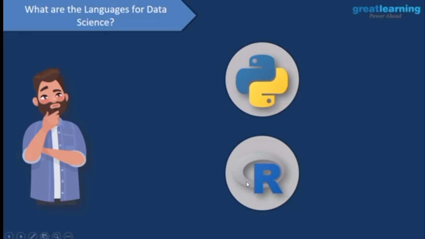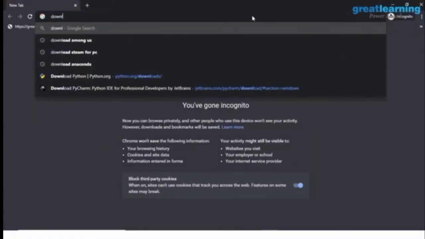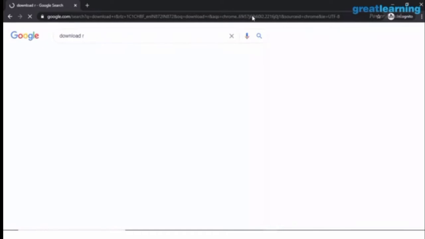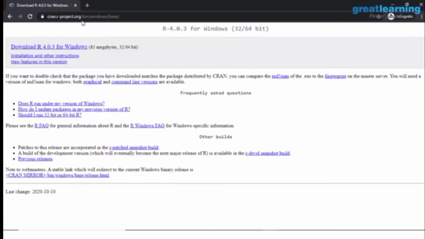So let's actually see how we can download R and Python into our systems. So we'll start off with this language called R. So I'll just write down download R. So here you would see this first link over here, download R 4.0.3 for Windows. So this will take you to this particular site,